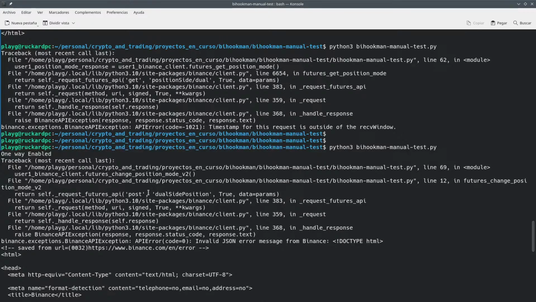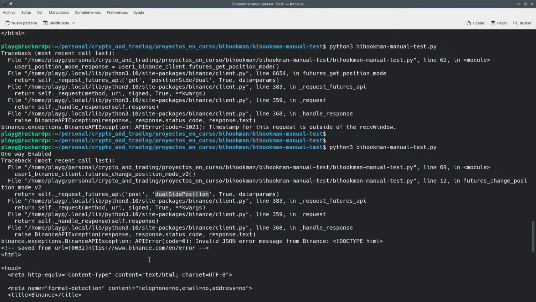Then we've got this, it's calling here, and this is calling, yeah, line 12, where we have this self request. So this is sending also dual side position as true, because we want to change it. And apparently